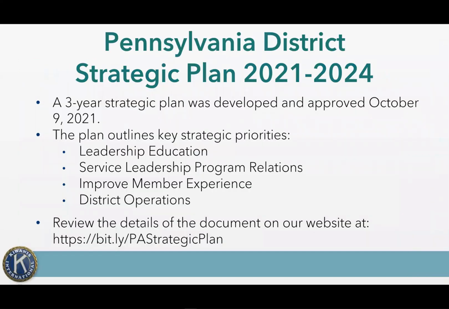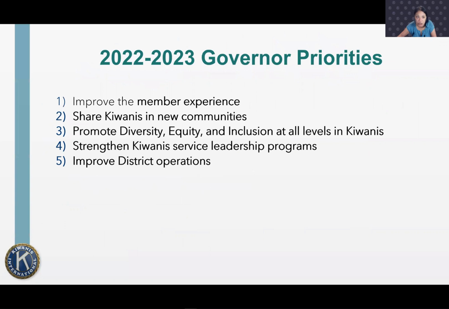We do have a district strategic plan. Tiffany will put the link in there, but it's a 3-year strategic plan that was developed and approved October 9th, 2021. It really focuses around leadership, our education, service leadership programs, improving that member experience and our district operations. And with that, the 22-23 governor priorities, under Mike Kuba, who will be the governor October 1st,